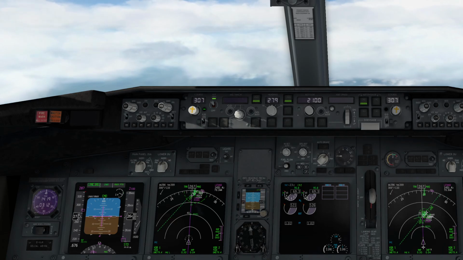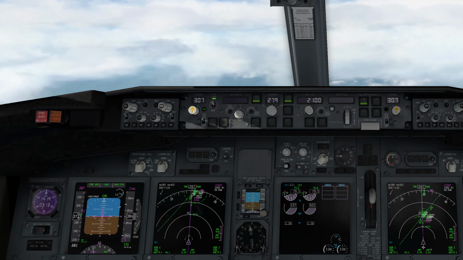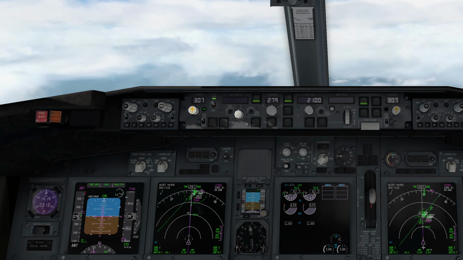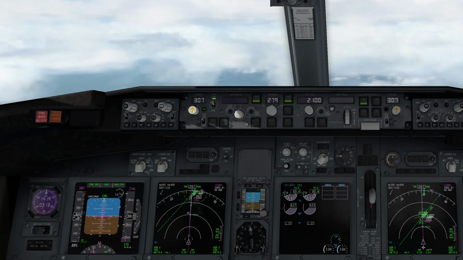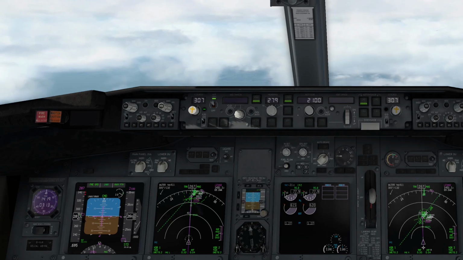Now we still need a lot of thrust to maintain the speed. Probably 85%. He wants to maintain a high speed descent, 287. And that is probably excessive, but